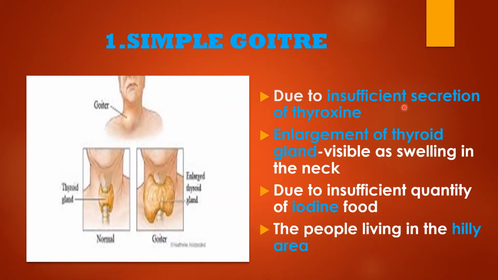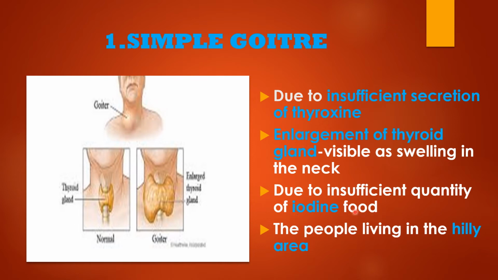The condition due to insufficient secretion of thyroxin, that is called simple goiter. How can you find out the person is having simple goiter? Yes, you can see visible swelling in the neck, right? This means enlargement of thyroid gland. If you compare the normal thyroid gland and the enlarged thyroid gland, the enlargement is visible as swelling in the neck. This enlargement of thyroid gland is happening due to insufficient quantity of